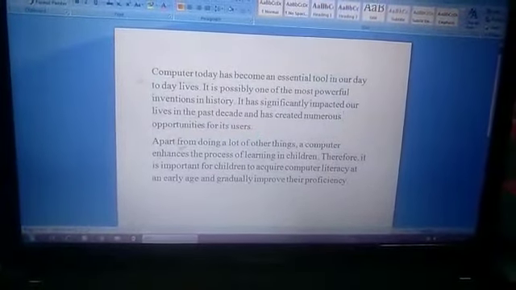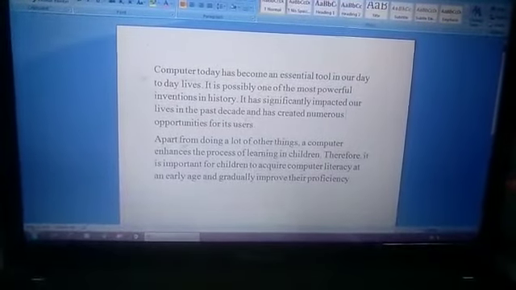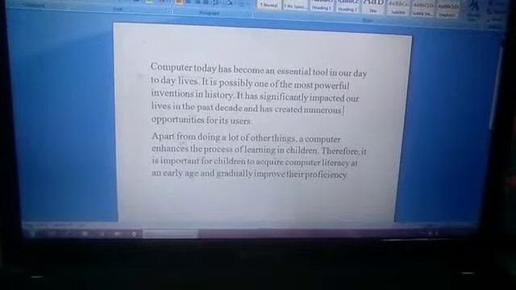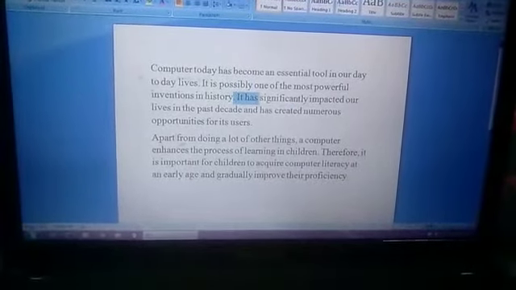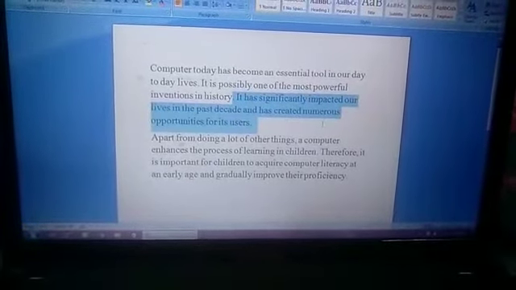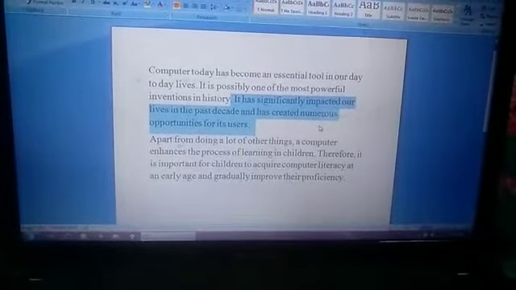And if you want to select some lines, like this line from this paragraph, I will put the cursor here, press the left button of the mouse and drag it, and you can see this line is being selected.